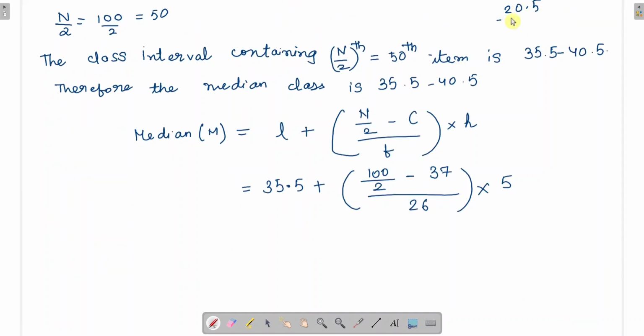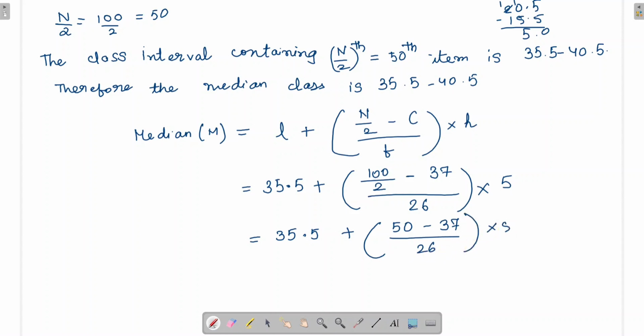So this is equal to 35.5 plus 100 by 2 is 50 minus 37 divided by 26 into 5, so this is equal to 35.5 plus 50 minus 37 is 13 divided by 26 into 5,